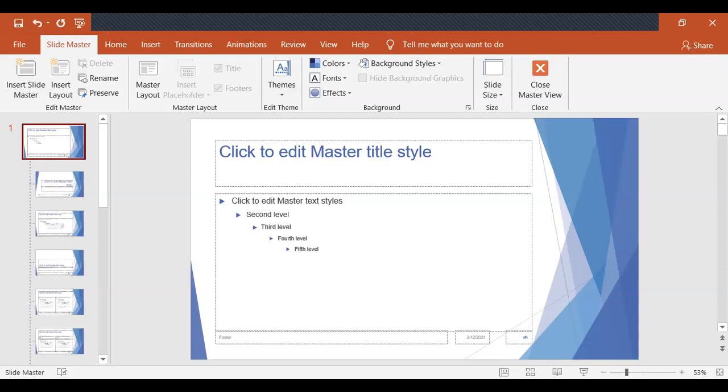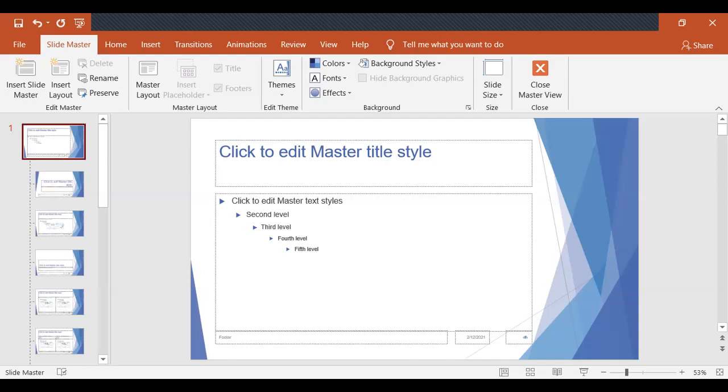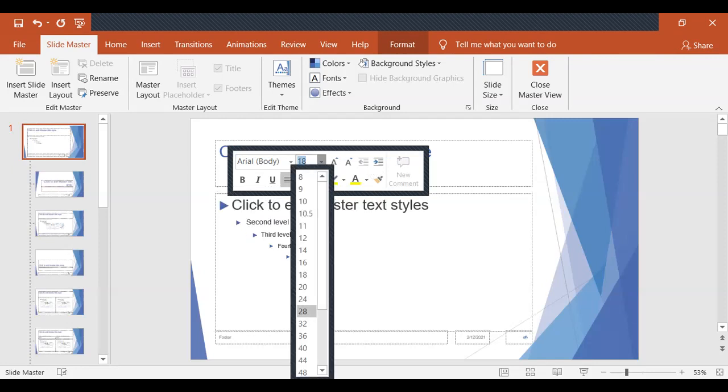With a layout that has different levels, where someone might put their bullet points for their presentation and they hit an insert and then there's an indentation, it changes the level. And the way that's indicated will be with a smaller font size. So I may not want that for my presentation. And so I have the option to go in now. I can highlight the words that are there, and I can actually change the font size by right-clicking. So I'm going to select 24. And I would do that for each